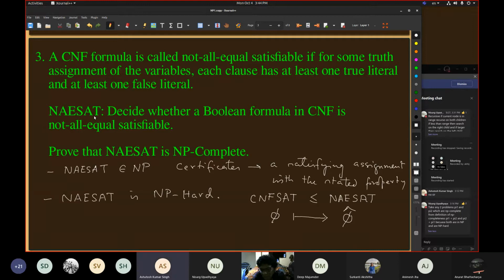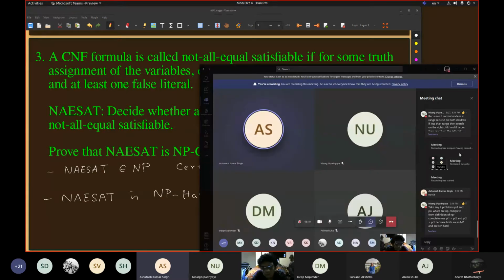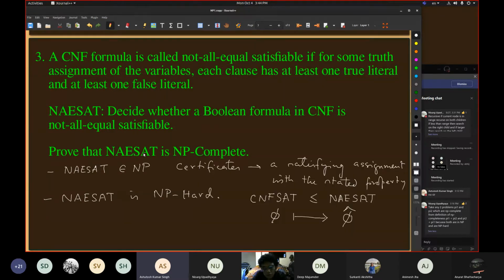So here for each clause, we can add a new variable to the clause. Say the clause was x1 or x2 till or xn, then we will add a new variable and make the clause x1 or till xn or y. Now, if phi has a satisfying assignment, then I'll just set that y equal to false. So in that case, I'll get that phi hat is also satisfiable. And conversely,